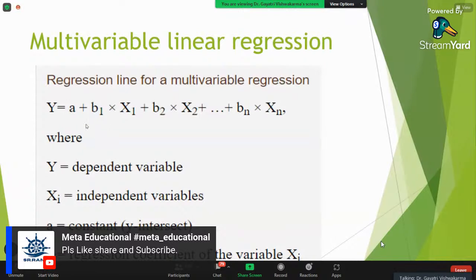So when you measure it, your software will give beta 0, beta 1, beta 2, and beta n. So these are the regression coefficients. Okay, so I want to predict the yield of a millet, a different kind of millet. So what are the factors which are affecting its growth?